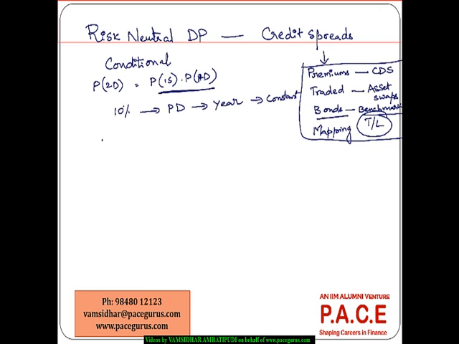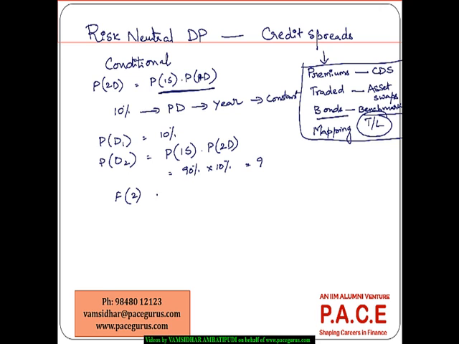Now the probability of default at the end of the first year is 10%. If I want the probability of default at the end of the second year, it is the probability of surviving in the first year and then defaulting in the second year. So this is 90% and this is 10%, so overall it is 9%. Now if I take the cumulative probability of defaulting within 2 years,